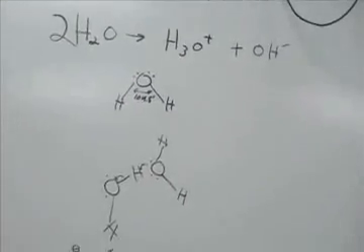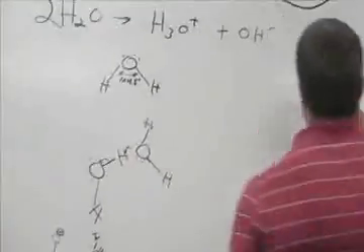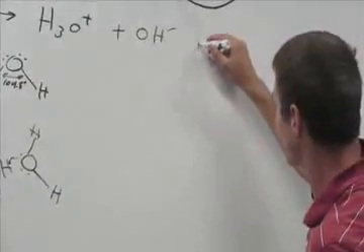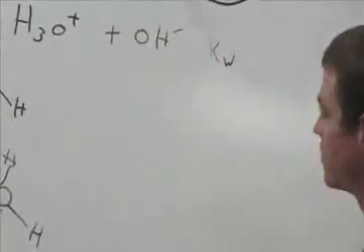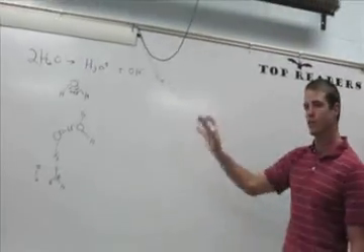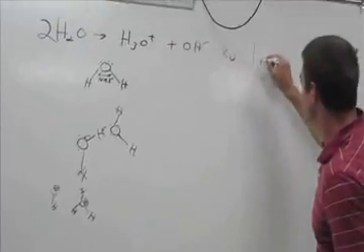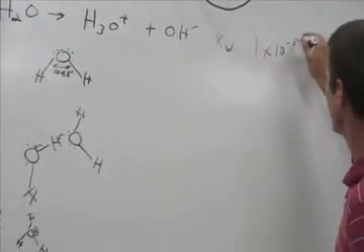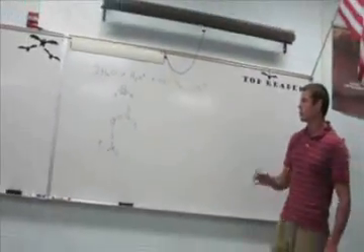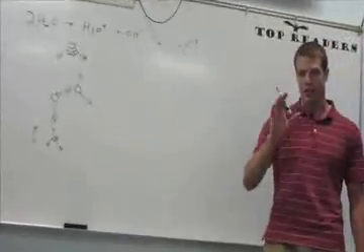Does that make sense? This always happens in water, and there's actually a name for it. The self-ionization of water has a constant. It's the Kw, the ionic product of water, basically. And this always happens in solution. In fact, we could even give the number. It's 1 times 10 to the negative 14. Now, we don't need to go into more math and derivations, but now you're going to start understanding how